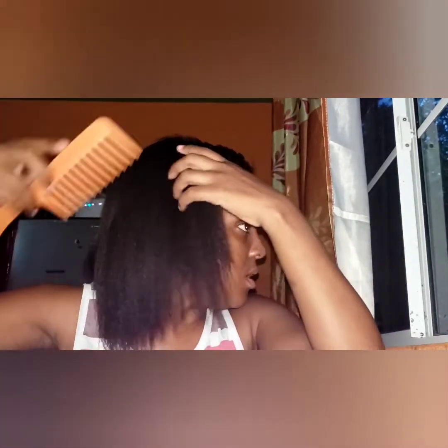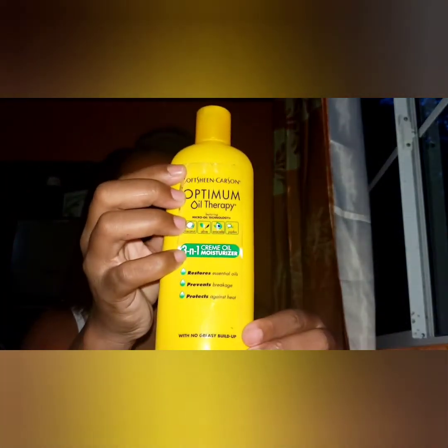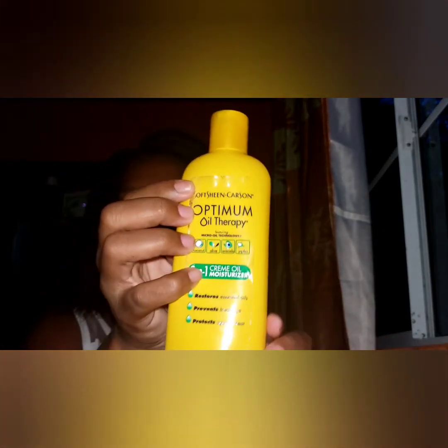So this is what it looks like after blow dry and steam. So you see it. Now here, I comb again. And then you're gonna use this before you flat iron, you're gonna use this here. Right. This is what my hair looks like after I steam, wash, blow dry, flat iron,